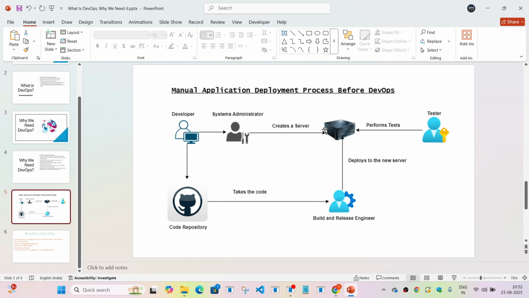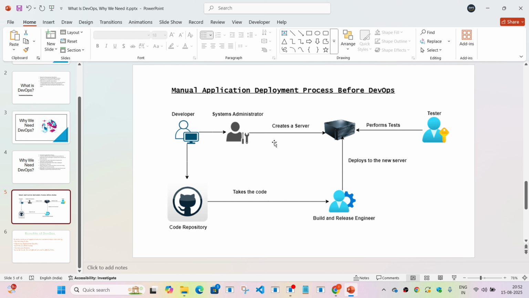But at that time, this was the way that things were moving. Also, if you see, creation of the server or deployment of the code is all manual. Even the testing is being done manually. So all these things are only going to increase your SDLC time. Okay, the entire life cycle time is going to be increased. It is prone to errors. Okay, so it's not that efficient an approach.